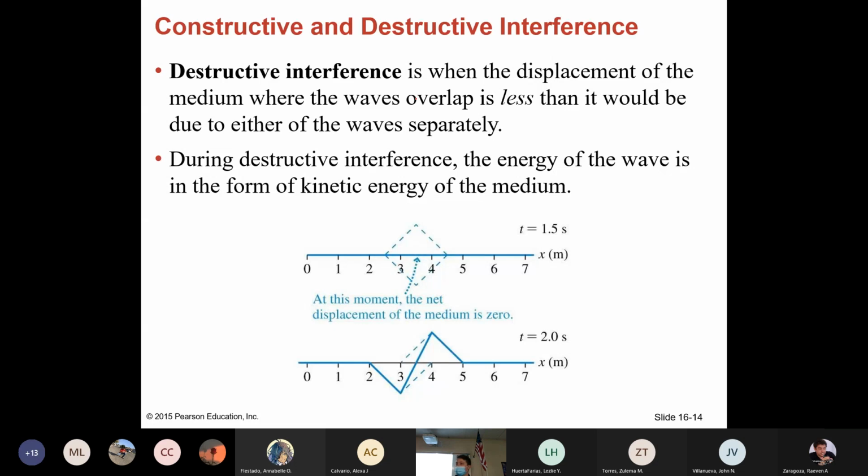What do you think destructive interference would be then, based on that name? Yeah, so all three of you are right. Destruction, that word means destroy. It's breaking it down, it's making it smaller. Whereas constructive is building up and getting bigger,